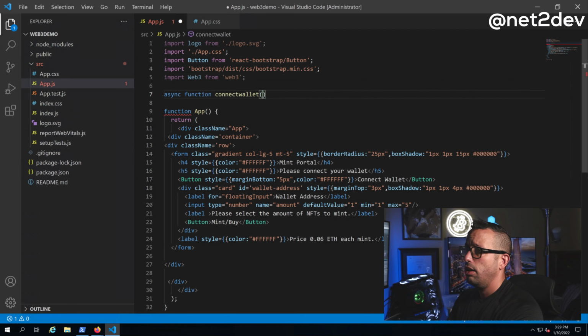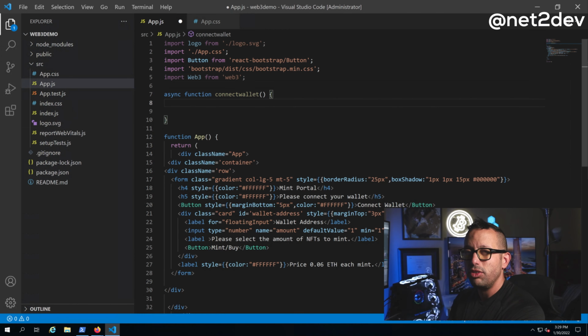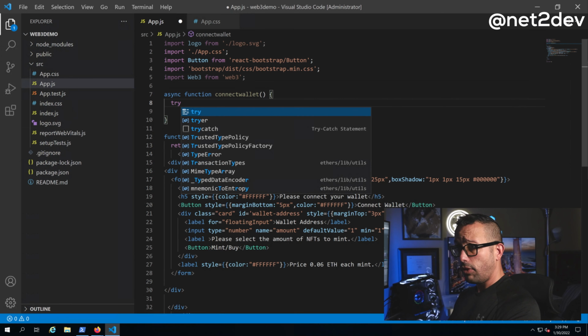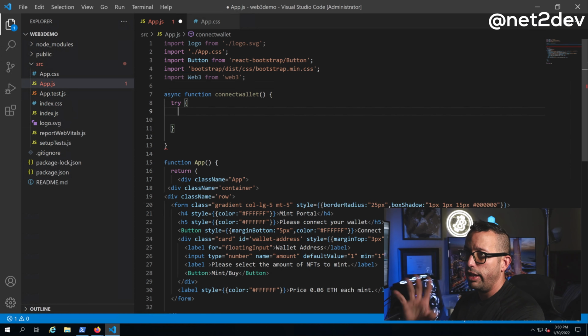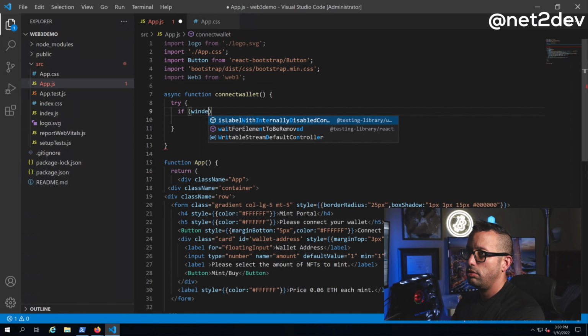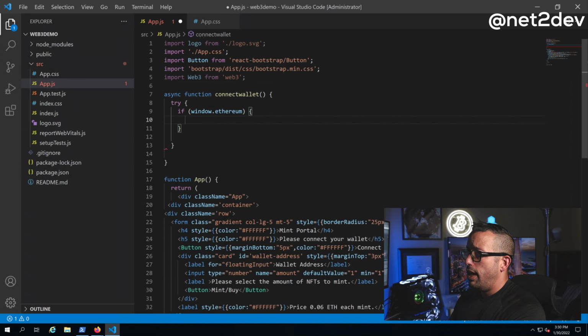Okay, we are going to build a parenthesis right there, a clause, and we want to set a try. Right, in an async function, we do a try, then we start configuring inside the clause. So we have try. First thing we have to do, if window.ethereum, right? Then